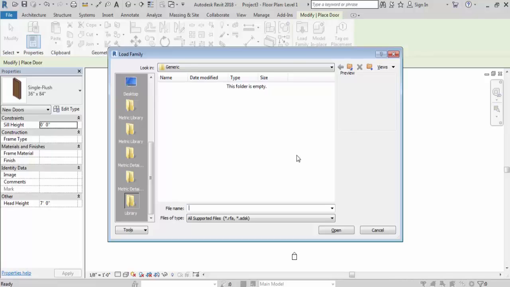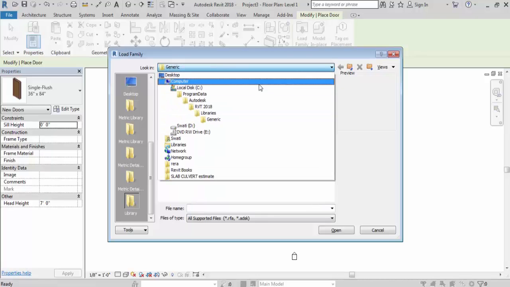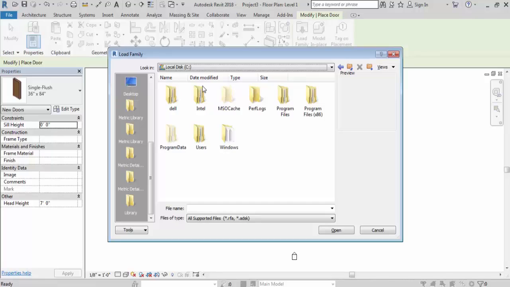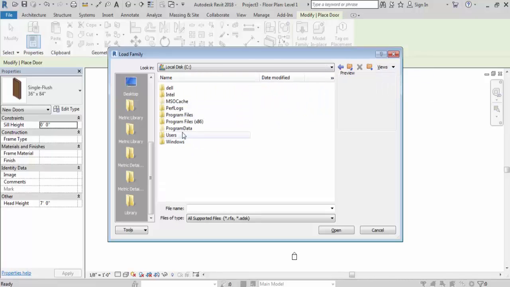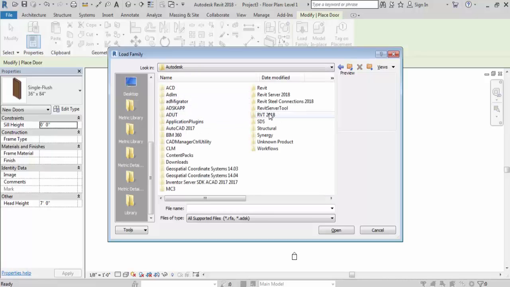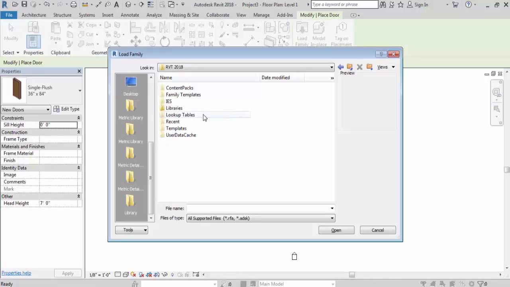Now this folder is empty. So what you need to do here is go to C drive, then ProgramData, then Autodesk, now RVT 2018, then Libraries. Now this is Indian.